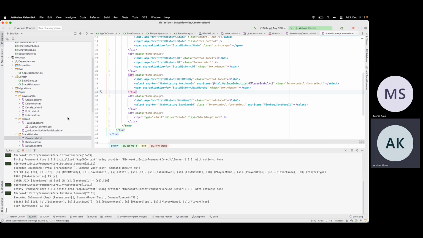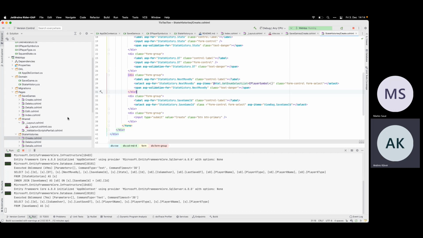Here we have the list of games, and here we have continue or view, depending on the status of the game. So the main thing is the new game. When we make the new game,